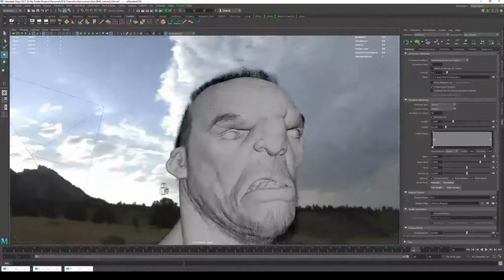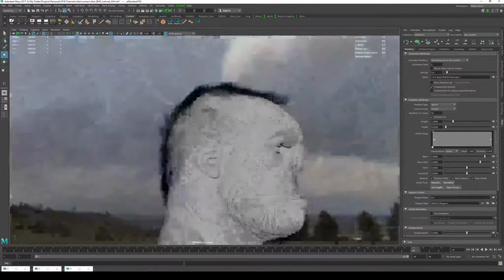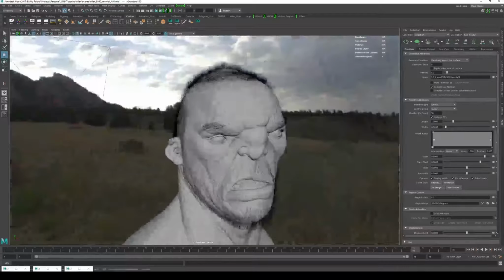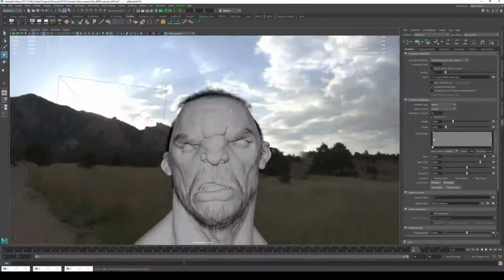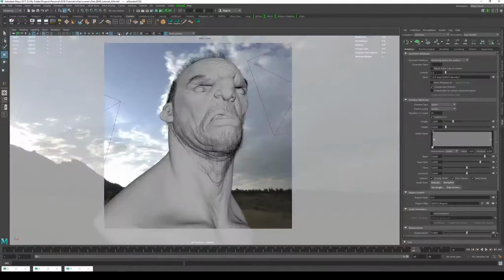Even though when we're viewing it from this angle, we're seeing a lot of hair here, like stacked on top of itself, whereas if we render like this, it's going to definitely give us a different representation. And then the hair on top, we'll set to 2.5, and then refresh that. And that's probably more of the wispy look that I'm going for here. So we can go back to camera 1,